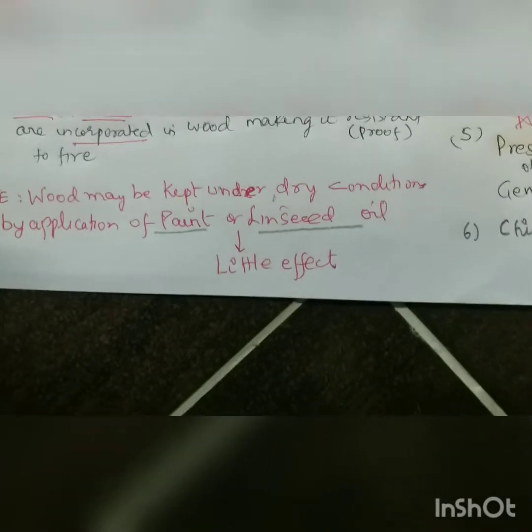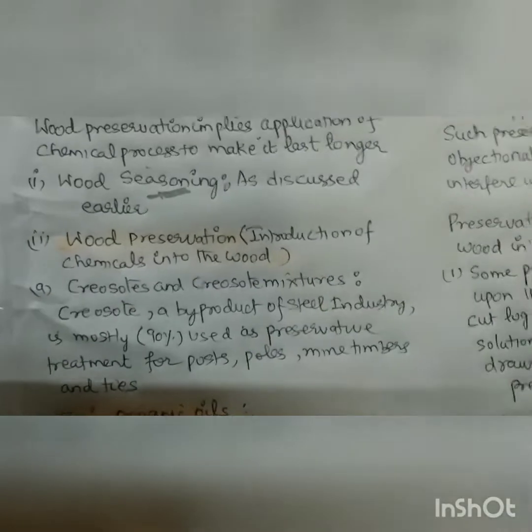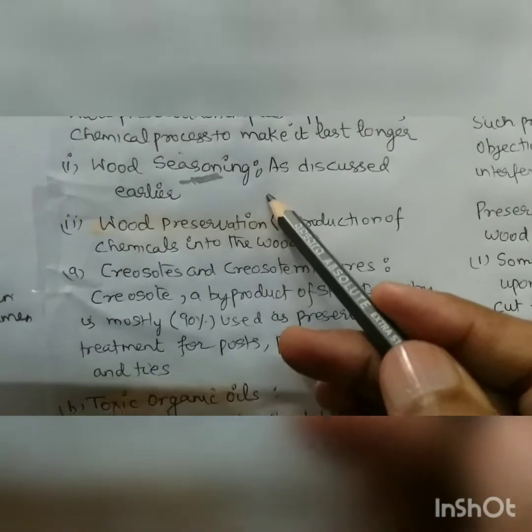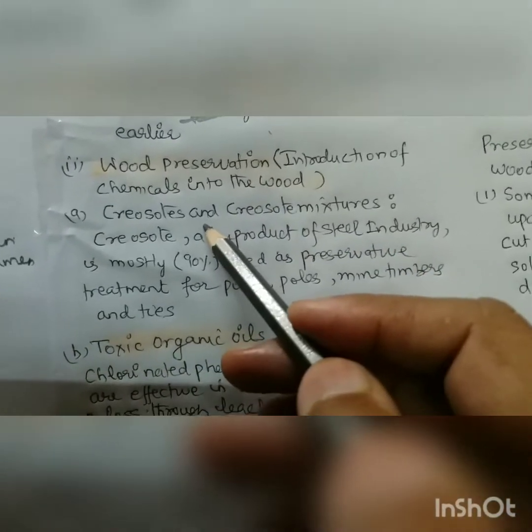But these have little effect because they are soluble in water, and as rain comes they will wash it out. So after wood seasoning, I am taking wood preservation, and the first chemical is creosote and